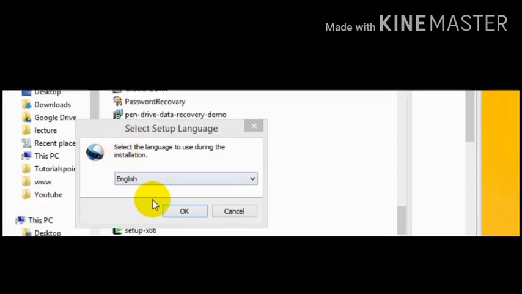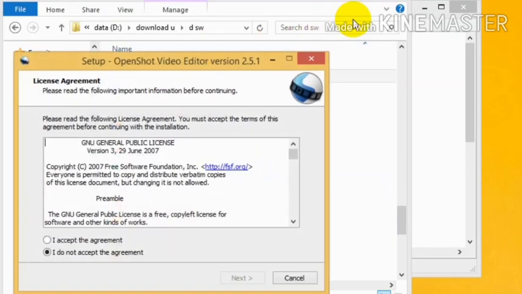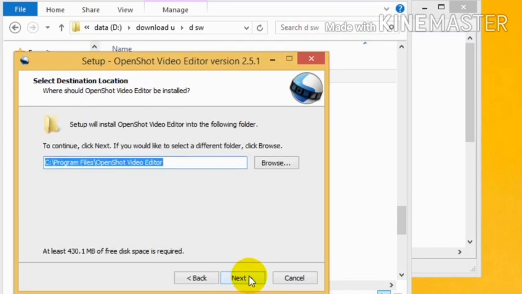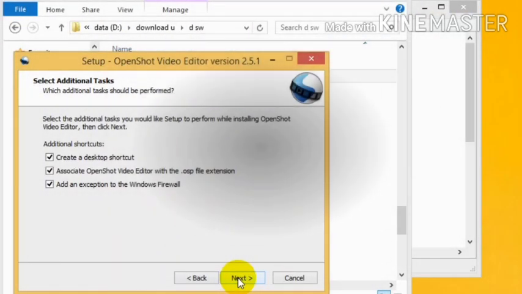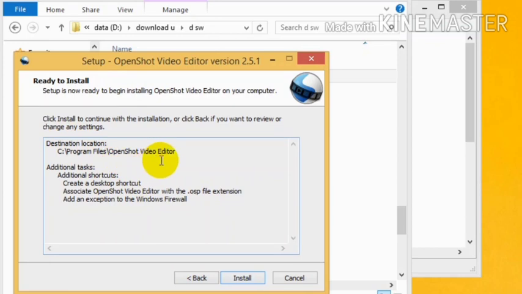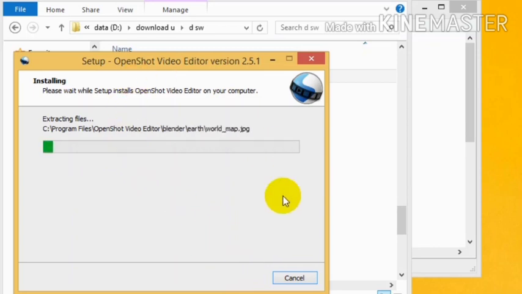So from the link, after download, we just click the OpenShot exe and follow the step-by-step procedure, and we can change our location from C to D. We also create a desktop icon for easy access.